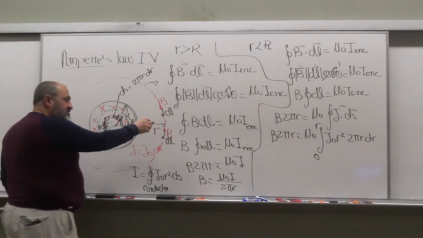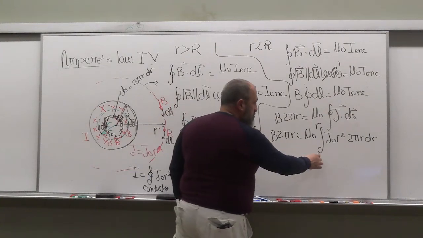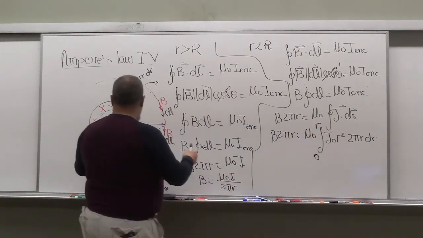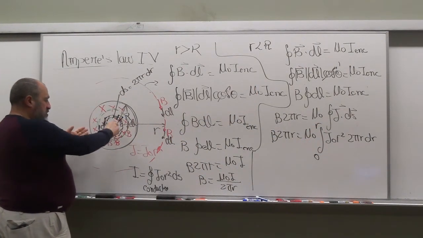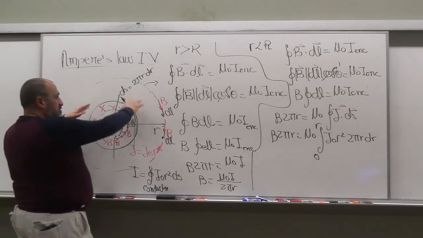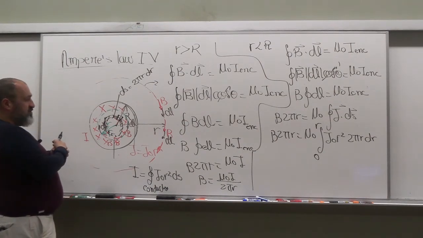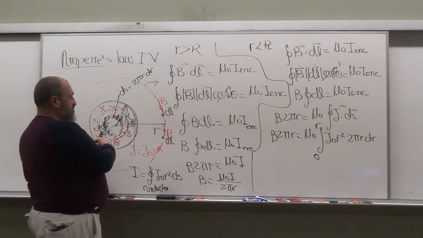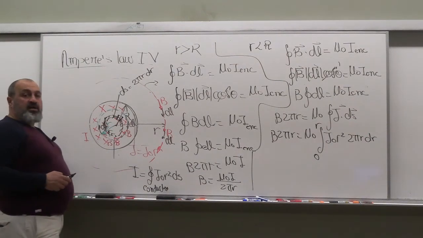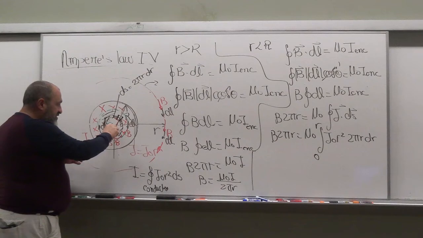If you're doing the field outside and you want to express it in terms of J, the integration limit would be 0 to capital R, because the current only exists here, you go from 0 to capital R only. And that is the current enclosed for the field outside, for the Amperian loop that goes outside the conductor. If you're calculating the field inside, you want the current enclosed in here, and your integration limit is